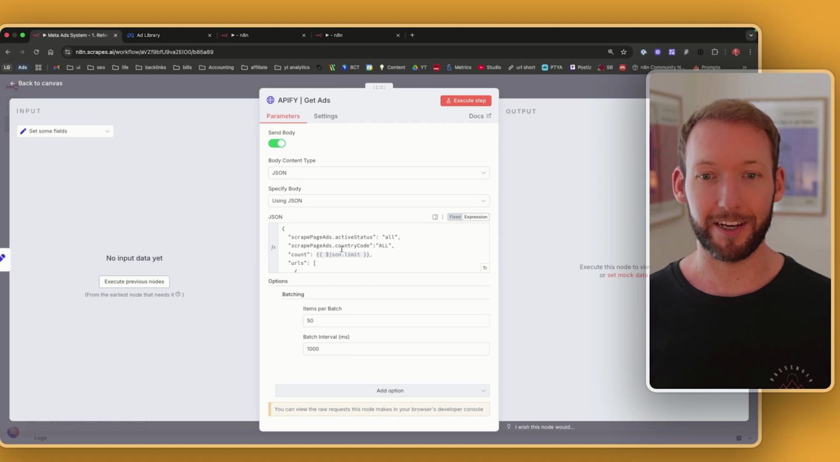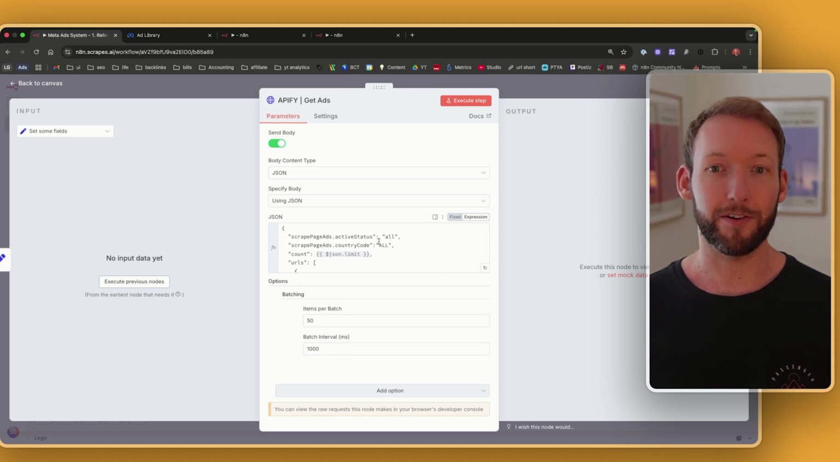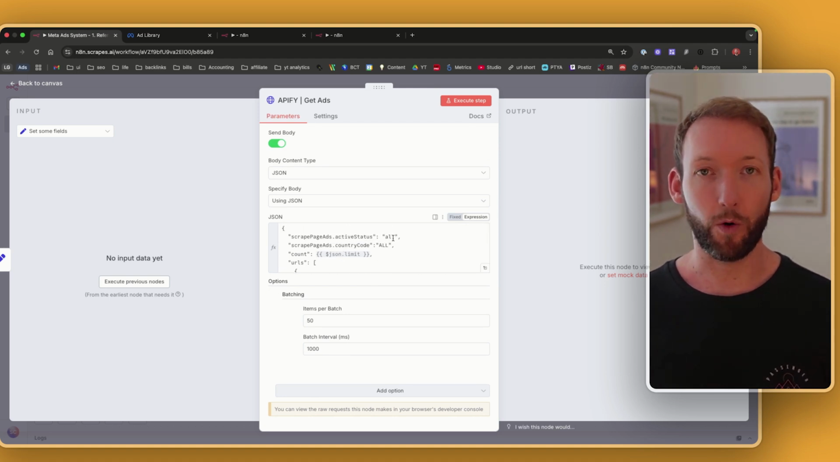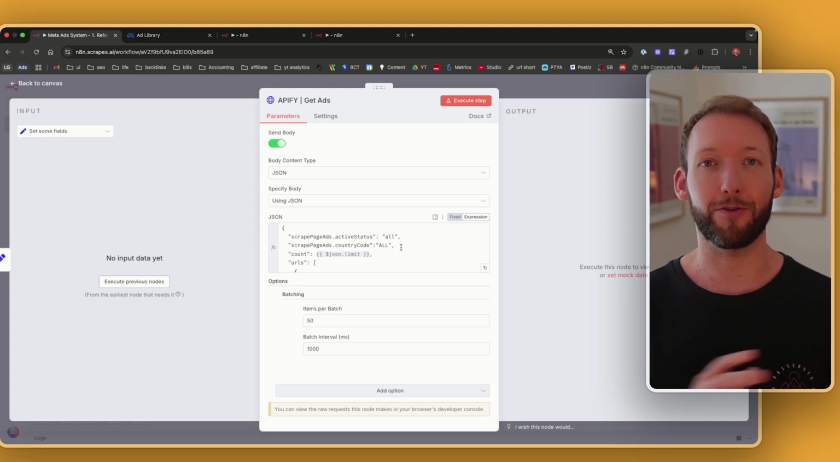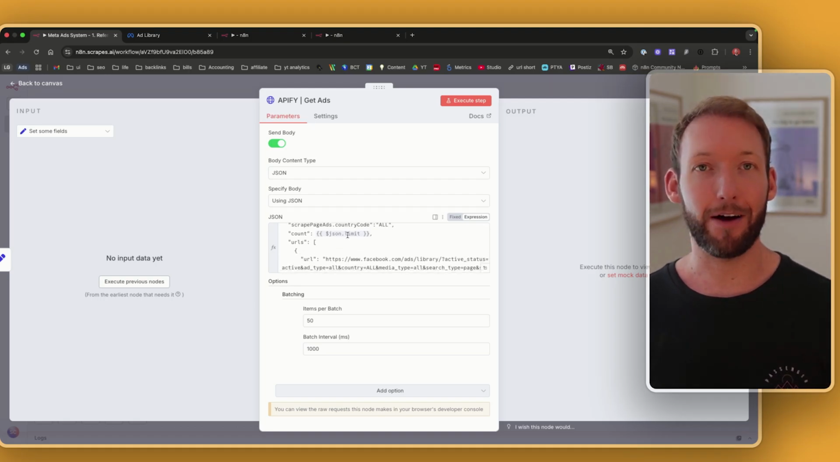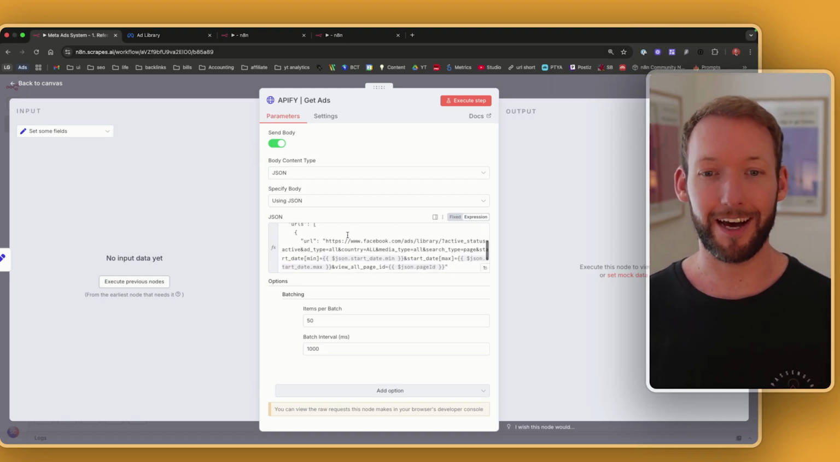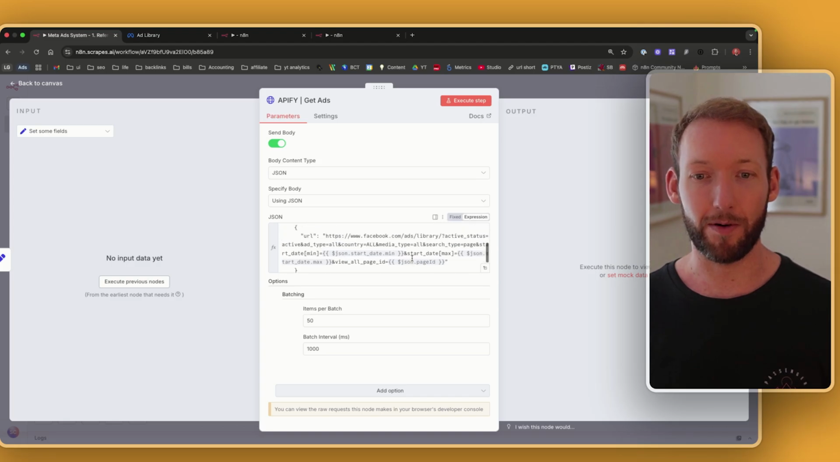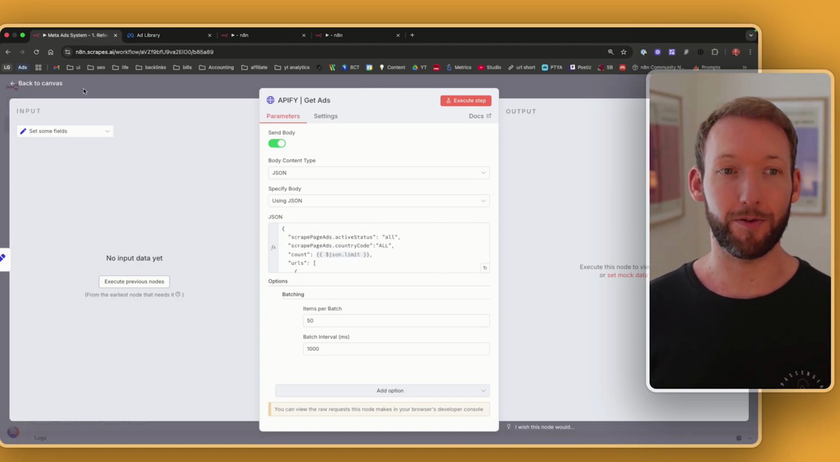And what we're passing in is, do we want to scrape all of them or just the active ads? And right now we're going with the shotgun approach where we're going to pull all ads and actually filter it in our dashboard. What countries do we want those ads from? The count, so it pulls in automatically the count there. And then we're going to pass in a URL which contains all of the filters